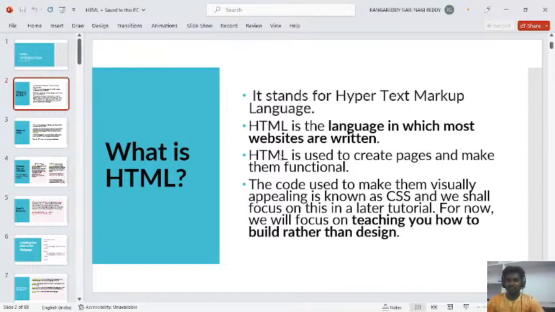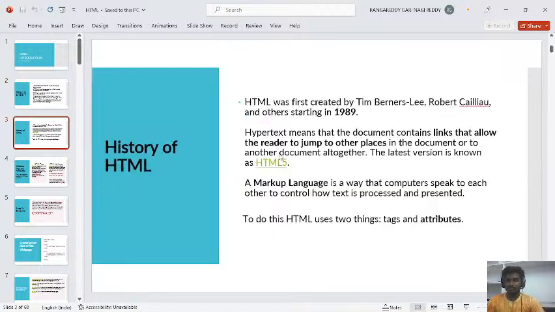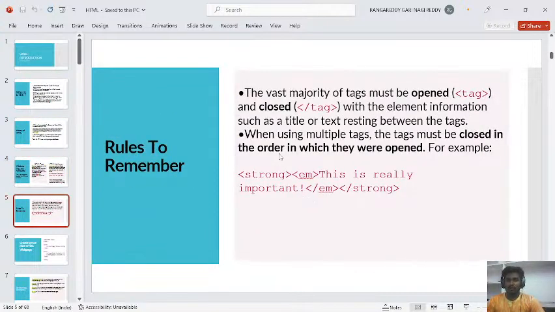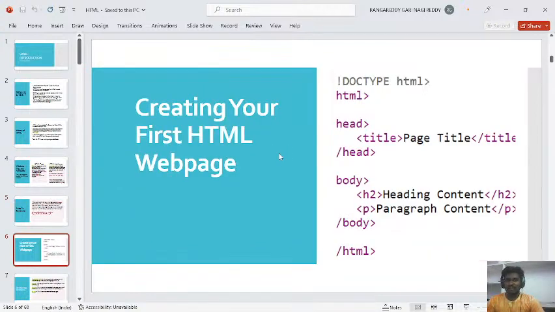HTML stands for Hypertext Markup Language, and the history of HTML, then HTML tags and attributes, rules to remember while declaring the tags, and creating your first HTML web page,